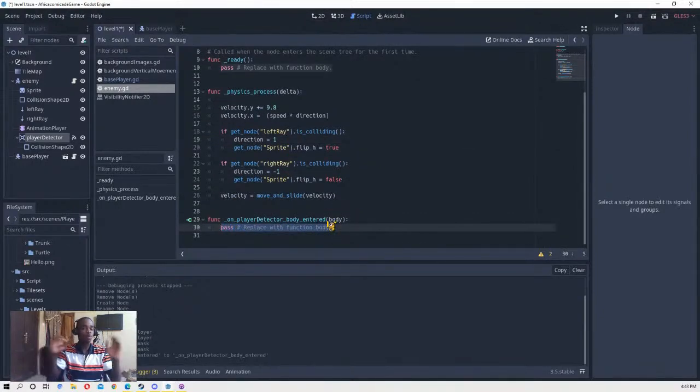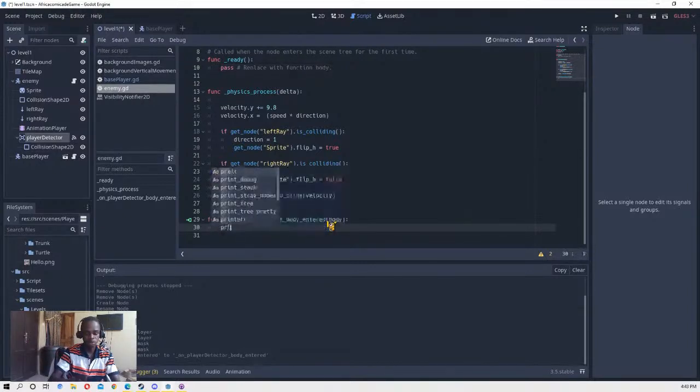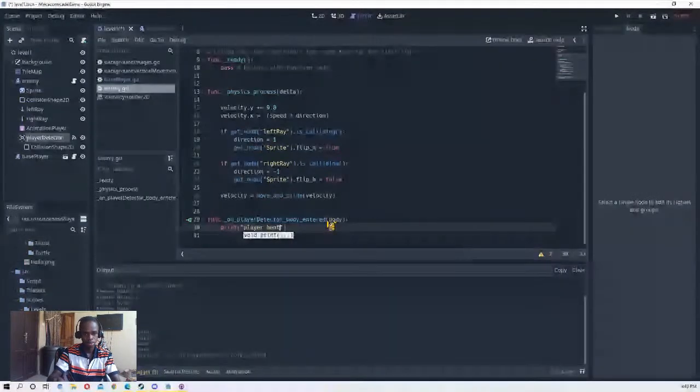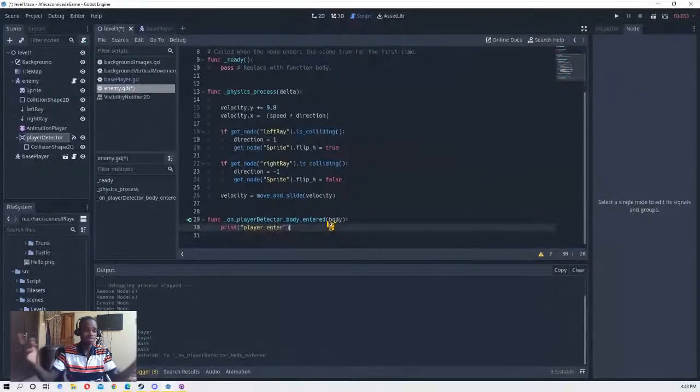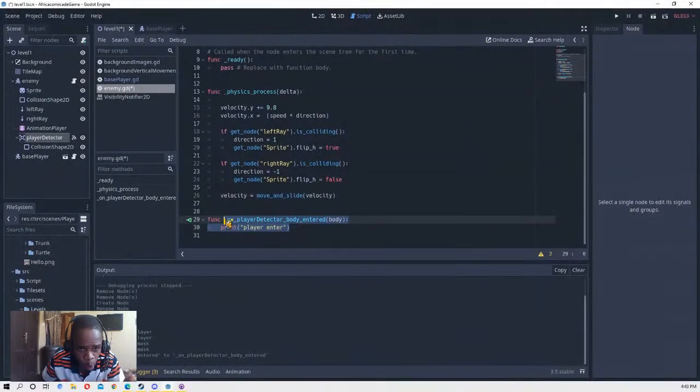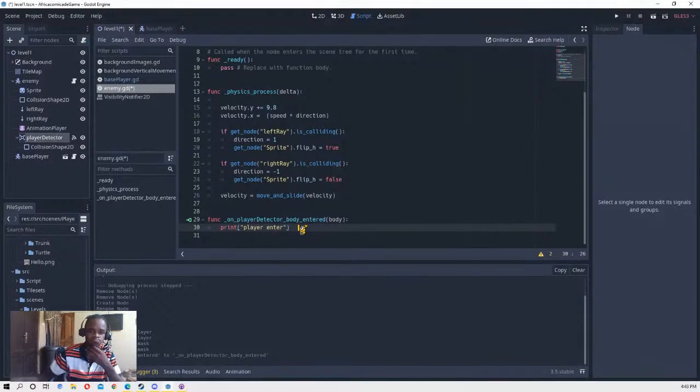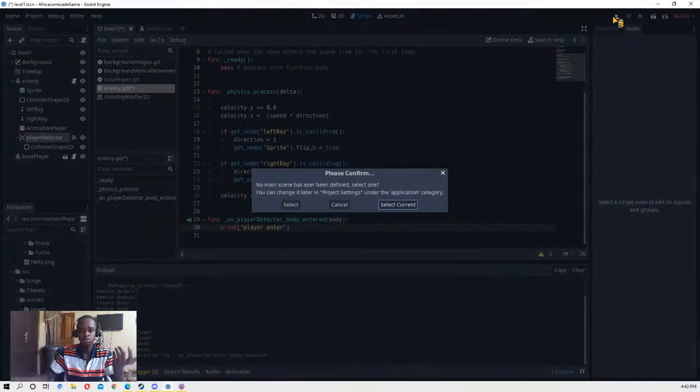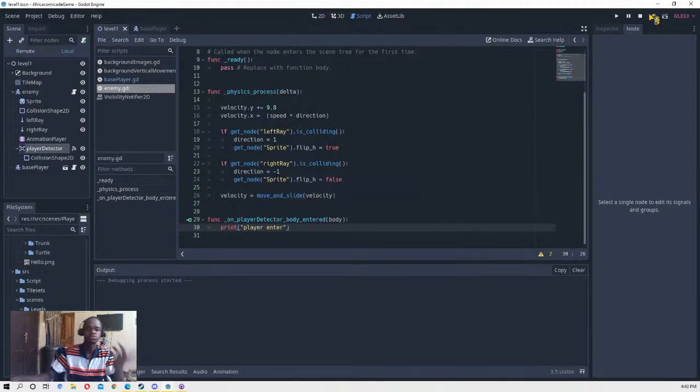If the player enters, we want to do something. We can print out "player enter". And as you can see, in player enter, and yeah, let's go. Let's see. If we run the code now,